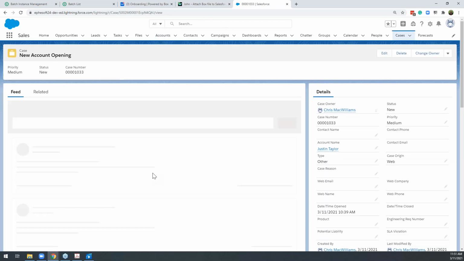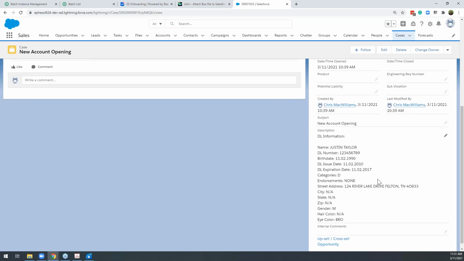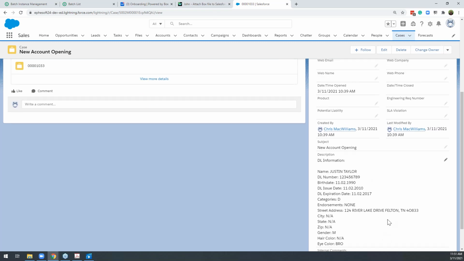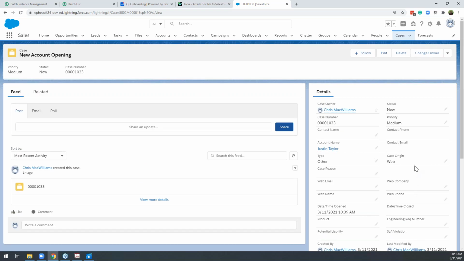This has all been done intelligently with the Workato recipe using the Ephesoft data. You can see all the data we've captured as part of the driver's license has been associated with this case object inside Salesforce. Now I can do all sorts of other things with it and automate more of the business process. So that's another quick example of how we can pair Workato and Ephesoft Transact together and paint a really powerful automation solution for a customer.